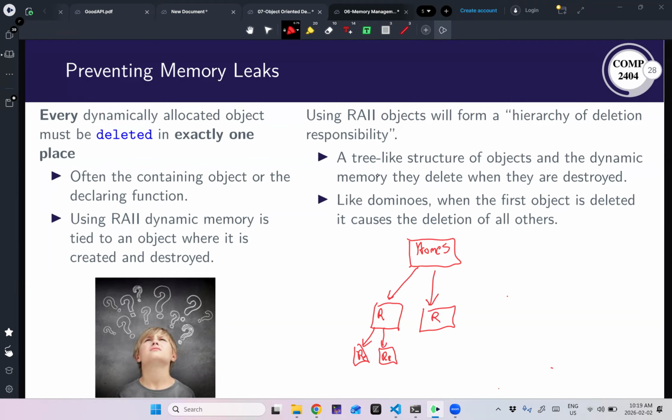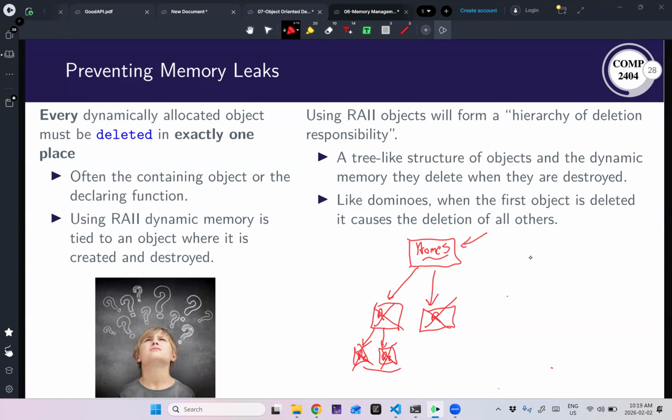What's going to happen is that we want to make sure that home share gets deleted. When home share gets deleted, it's going to go through and delete all of the rentals. Then each of those rentals contain a bunch of reservations, so they will delete their own reservations. So I don't have to worry about deleting every single individual object. I just delete the main master object, and we get a domino effect of things that delete one another. That's the pattern that we're going to use for assignments.